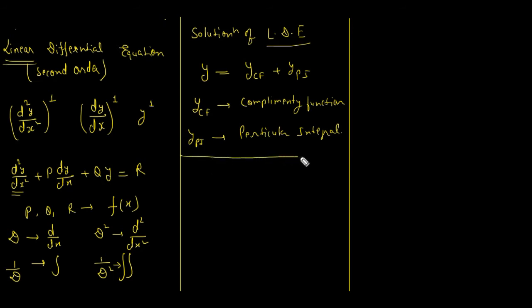So in this lecture we will see only the complementary function. We will learn how to calculate ycf. Depending upon the nature of the roots, we will define the form of the ycf. So equation 1. As the name suggests, it is a complementary function. Something is complementary means something is free, free from the source, which means the source is 0.